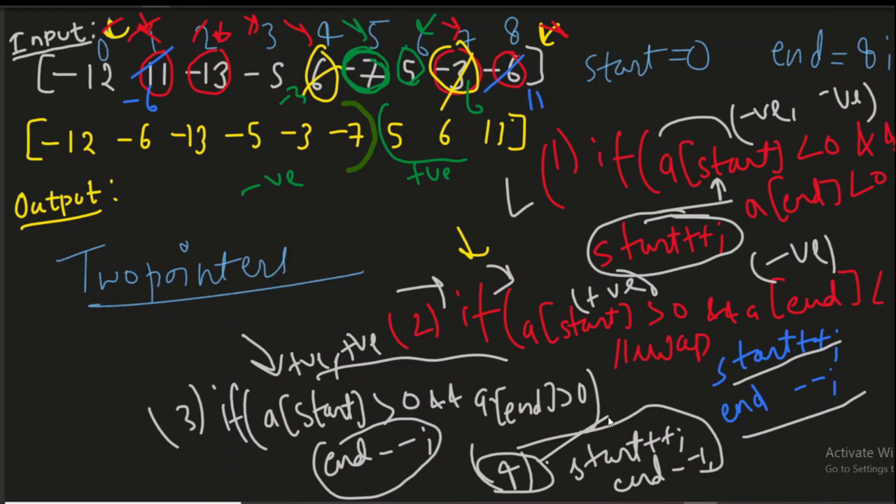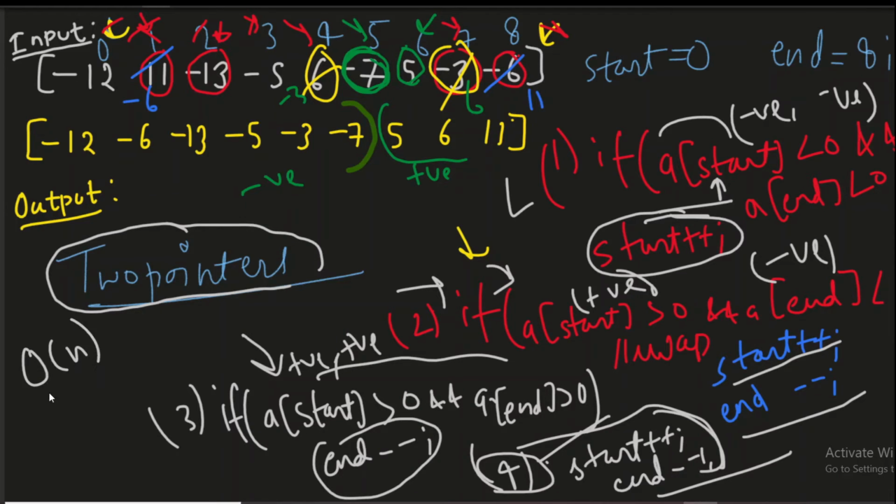Fourth case is everything is all right. Okay, we do not need to worry about anything. Everything is safe. So we'll just simply start plus plus and end minus minus, and we are done. So this is a simple algorithm which uses 2 pointers. Its time complexity is big O of n and space complexity is big O of 1. All right, because we are moving start and decrementing end, and we do this while i is less than j. So this was all about this first approach.